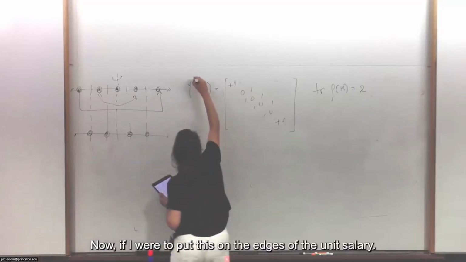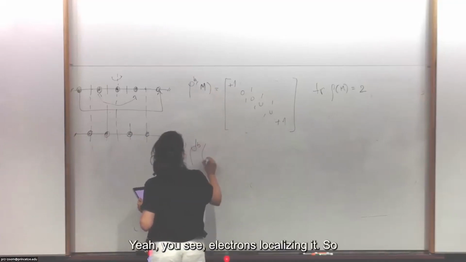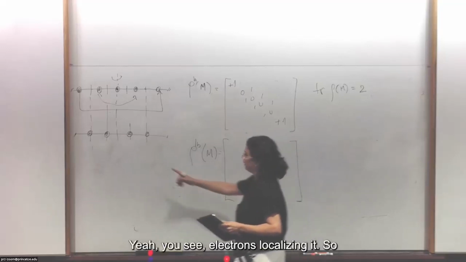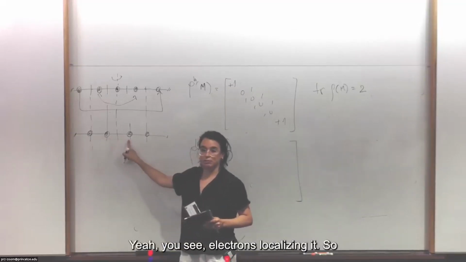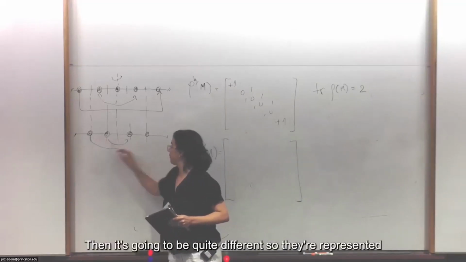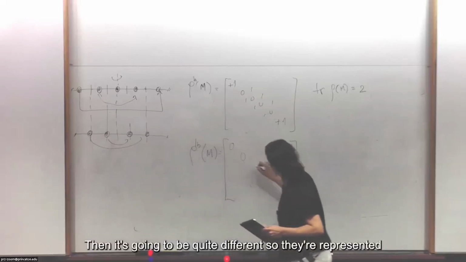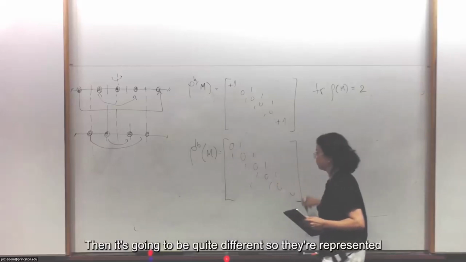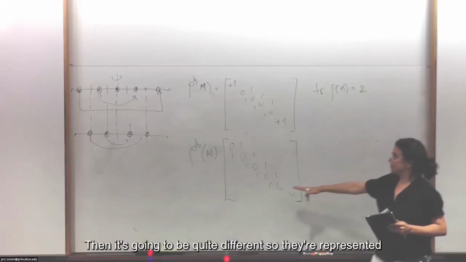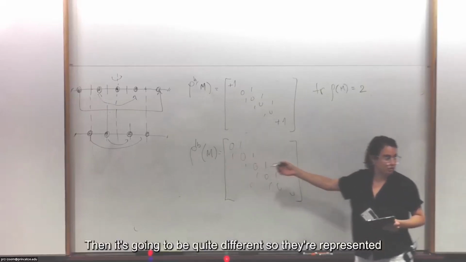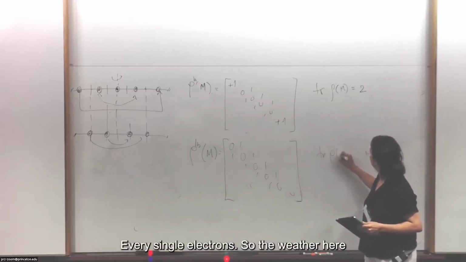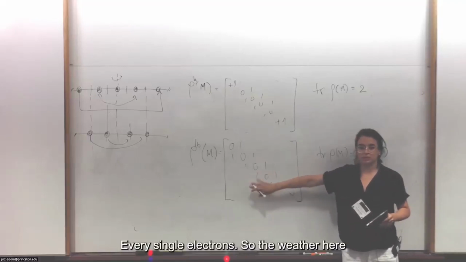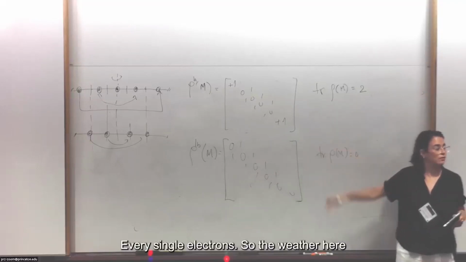So this is 1A, and this is the representation for 1B. Every single electron is going to be mapped into another. So the way that you represent that, 0 is here, and then 1, 1, 1, 1, 1, 1. If you calculate the trace of this matrix, which is the character, you're going to have 0. So just from this bare statement that you have,